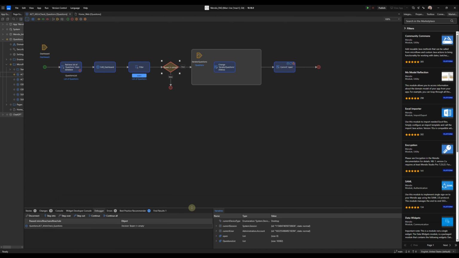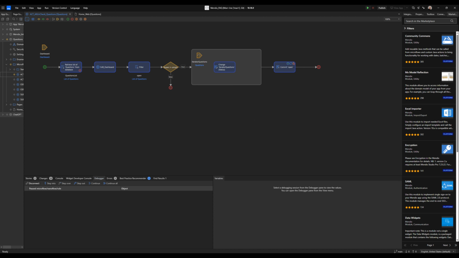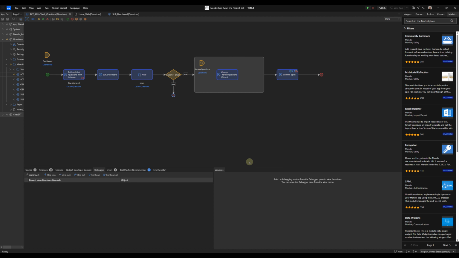Now that will be more practical for you. Yes, friend, you can use it like this on your production macro flow and nano flow too.